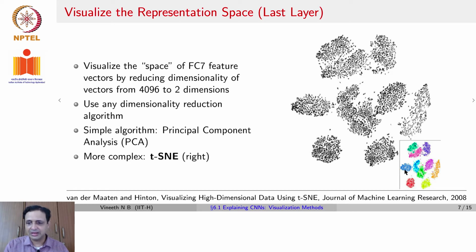So you see here that each class invariably goes to its own cluster. This seems to tell us, while we cannot in reality visualize a 4096-dimensional space, by bringing it down to 2 dimensions, we understand that the representations belonging to different classes are fairly well separated into different clusters. And why is that important? Now, developing a classification algorithm on these representations becomes an easy task. And that's why having a classification layer right after that penultimate layer of representations makes the entire CNN work well to classify.